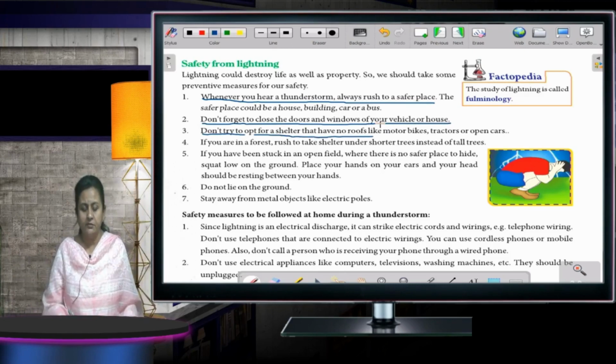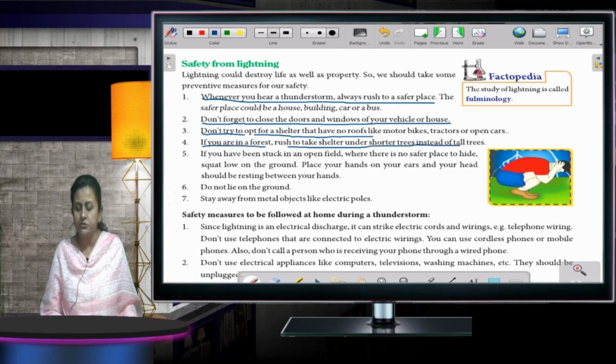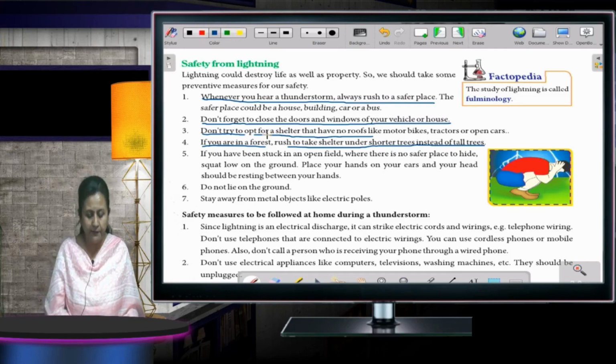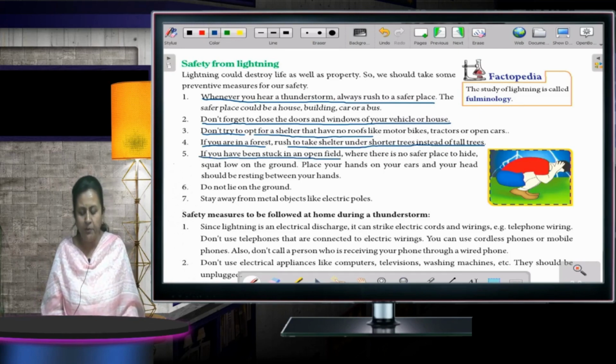Okay, children? Then, if you are in a forest, rush to take shelter under shorter trees instead of tall trees. Okay? Don't go and stand under the tall tree. In fact, take shelter where the trees are short. Okay? If you have been stuck in an open field where there is no safer place to hide, squat low